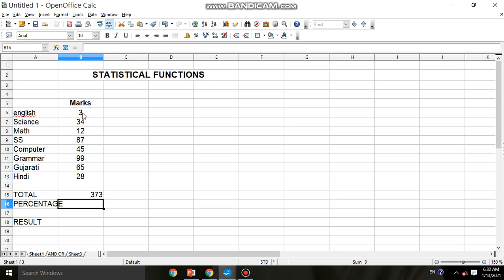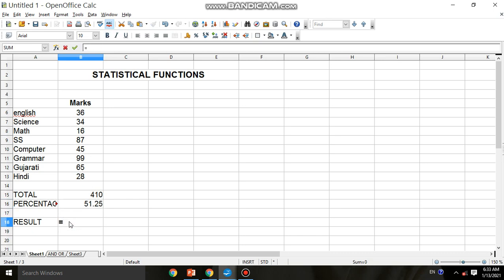Same way, for percentage, whatever marks the student has got, that I will write. Total marks is having B15 divided by total number of marks. So percentage we will come to know.